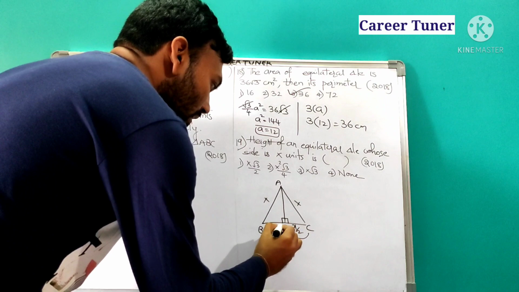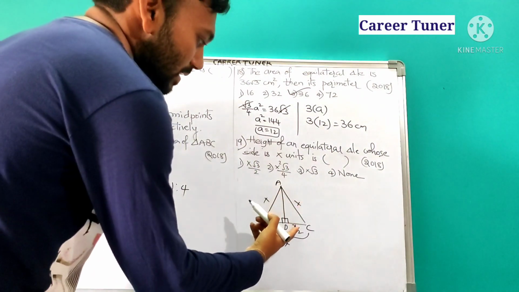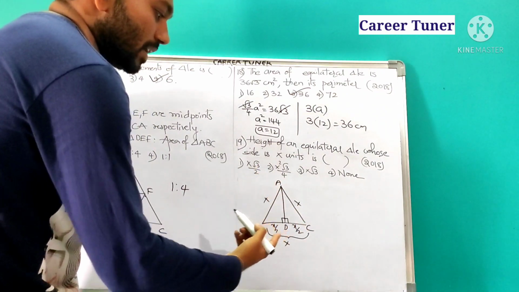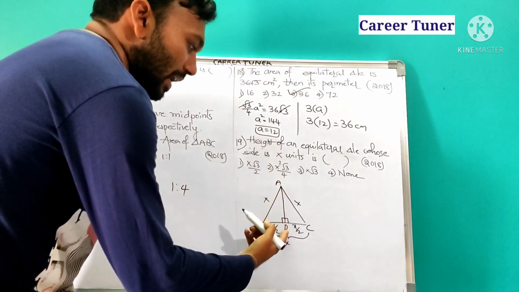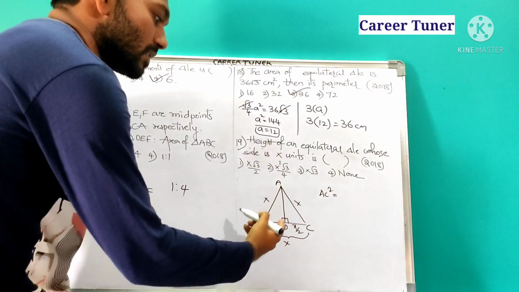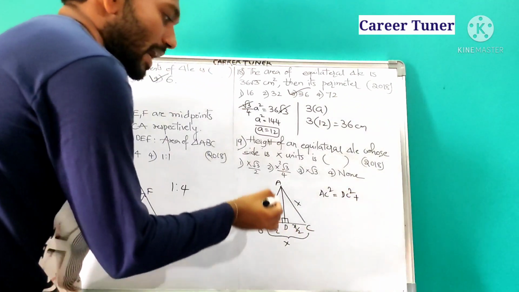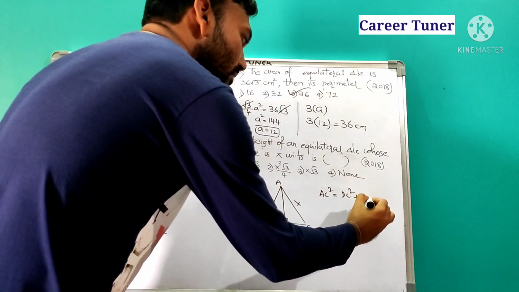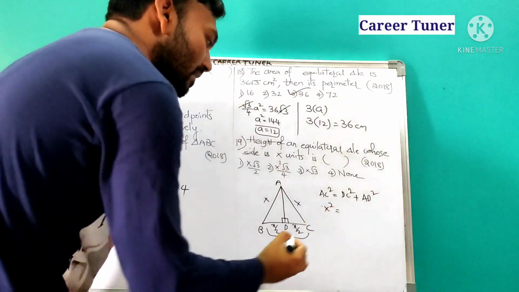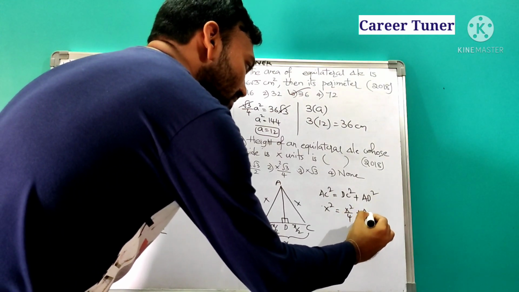Okay. Now we need what? Height. So let this point be D. Height is nothing but AD here. AD is what we require. So we know that this is x and this is x by 2. Then AD we can find, right? So take triangle ADC or ABD, any triangle. In triangle ADC, what do we have? AC square is equal to hypotenuse square, equal to base square, base square is nothing but DC square, plus height, which is AD square. Therefore, AC square is nothing but how much? x square is equal to DC square, x square by 4, plus AD square.